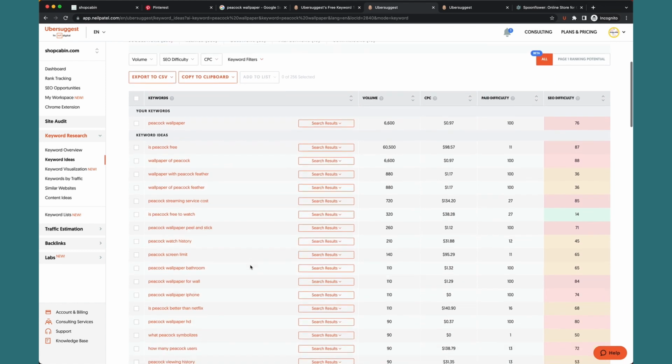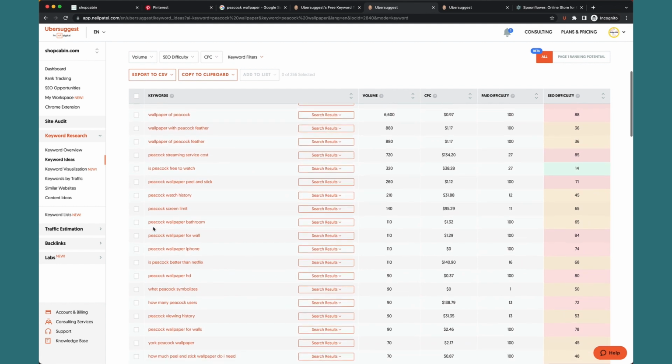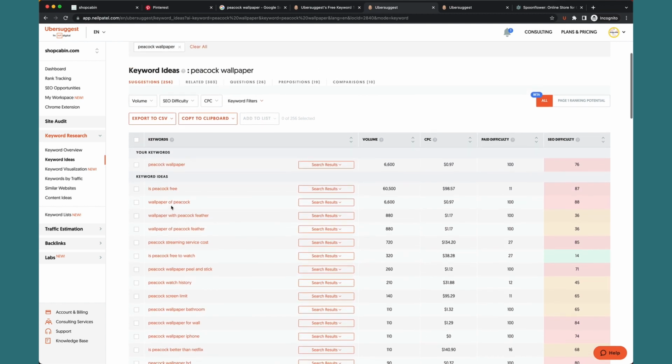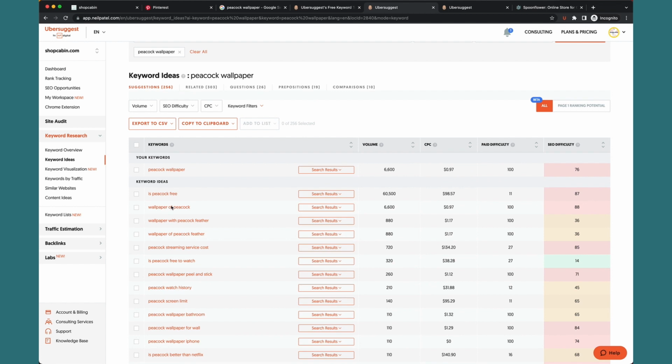And you'll see that there's a huge list of things like peacock wallpaper bathroom. Where that comes in handy is if we end up designing a peacock wallpaper print, in the description, we may say something like, this peacock wallpaper is perfect for a bathroom, for example, and know that there's 110 people a month looking for that. So every little bit of traffic that you can send to your designs using keywords or descriptions is a huge